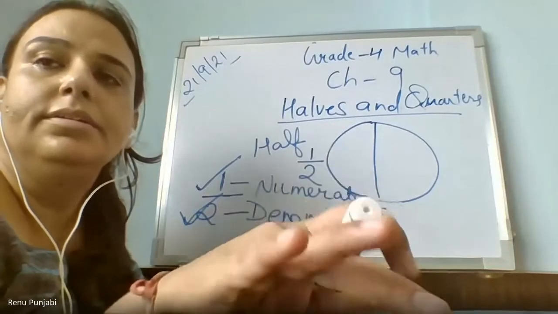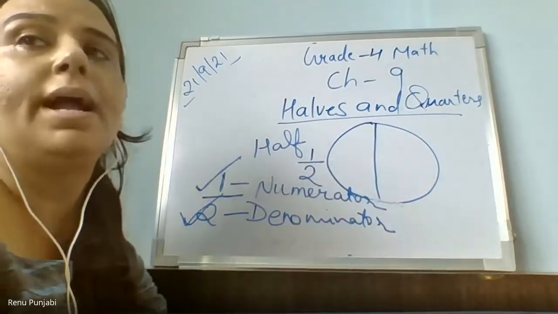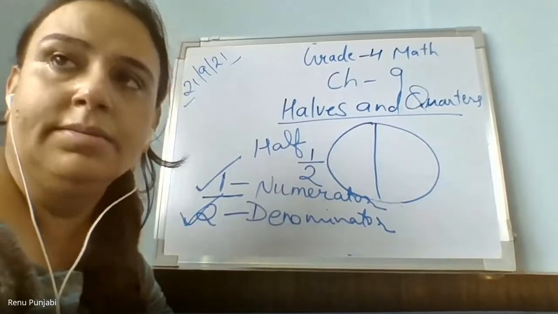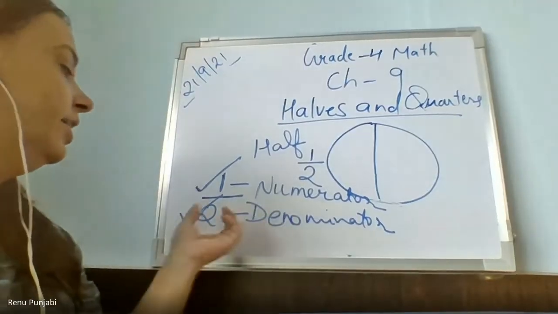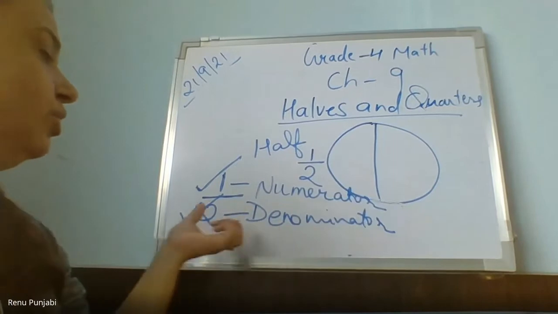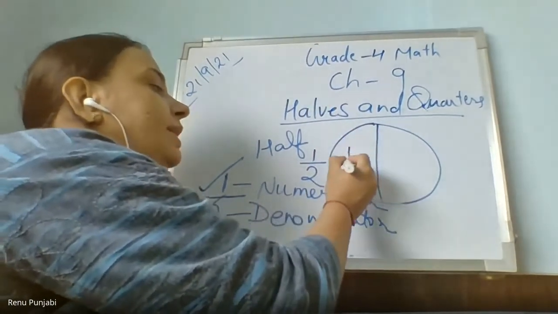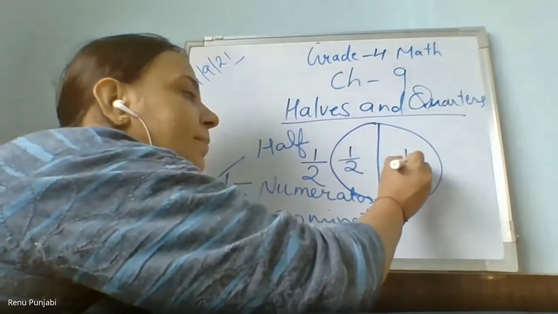One is the numerator because it is talking about the whole thing. Out of the whole, they are talking about one part. And the denominator is 2 because we are dividing into 2 equal parts. Yes. In the denominator always comes the total. So here the total parts are 2, and we are talking about one part. So we write 1 upon 2. So each part is 1 upon 2.